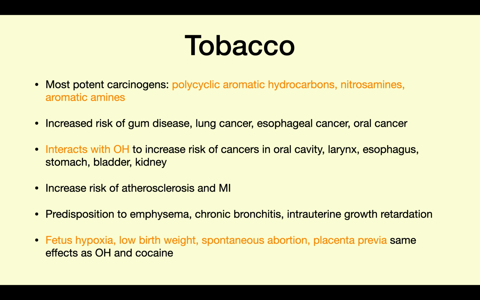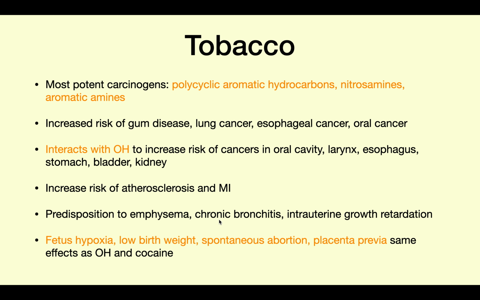Okay, so the most potent carcinogens in tobacco are going to be your polycyclic aromatic hydrocarbons, your nitrosamines, and your aromatic amines. They have an increased risk of gum disease, not just from smoking. This is from doing like dip or chew. Lung cancer, smoking of course. Esophageal cancer, oral cancer. That can both result from dip or smoking. It interacts very well apparently with alcohol to increase the cancers, not just in the oral cavity but also in the stomach, the bladder, and kidney. It also increases the risk of